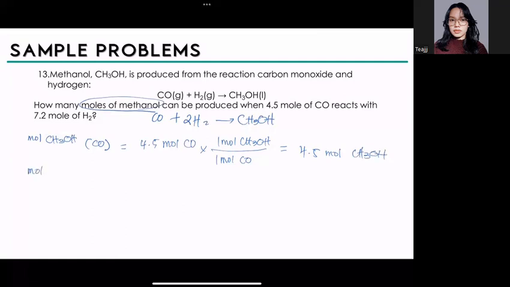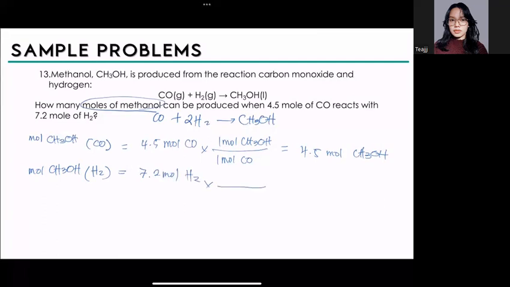Now, when you convert H2 into CH3OH, you'll have 7.2 moles of H2. And then sa reaction, 2 moles of H2 yung kailangan natin to produce 1 mole of CH3OH. Right? So now you have 7.2 divided by 2, that's 3.6 moles of